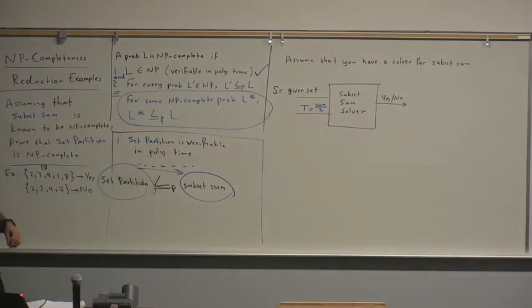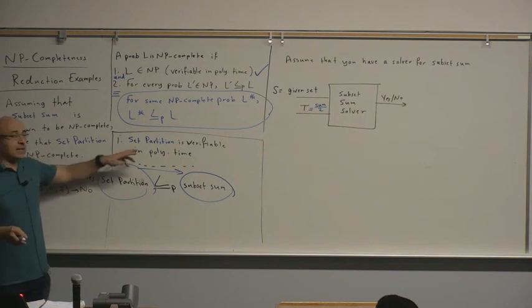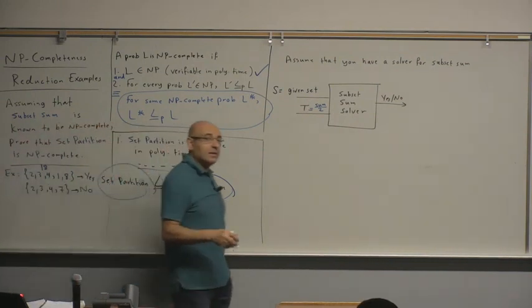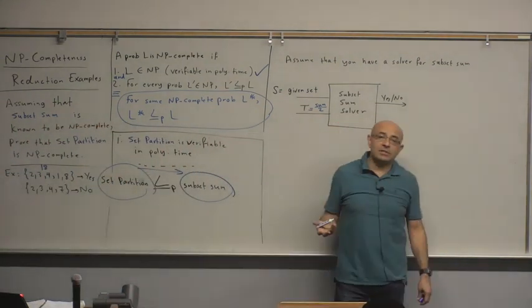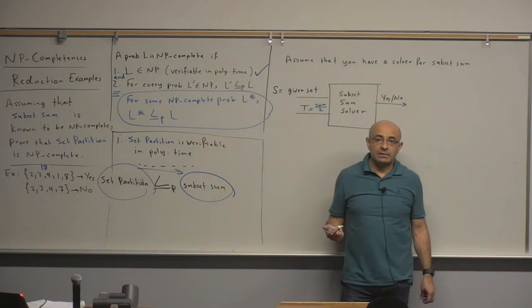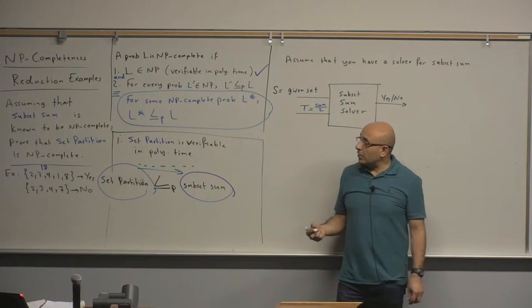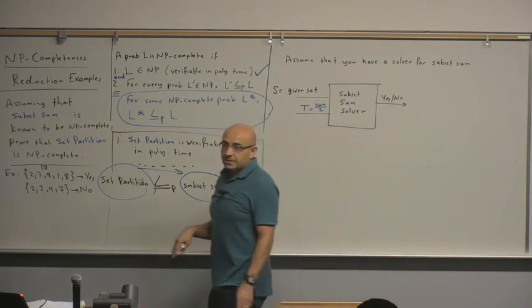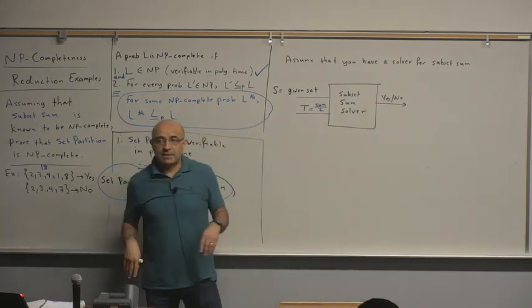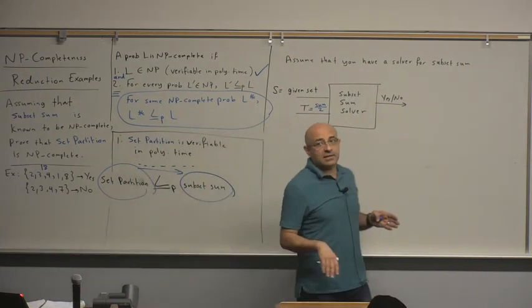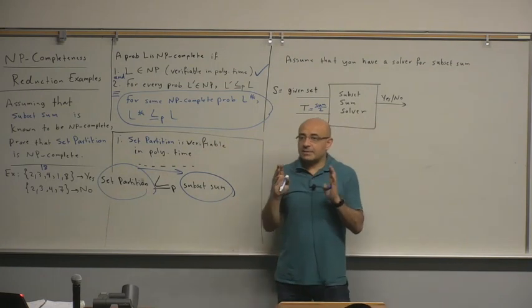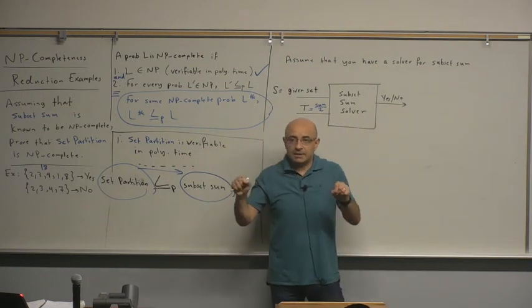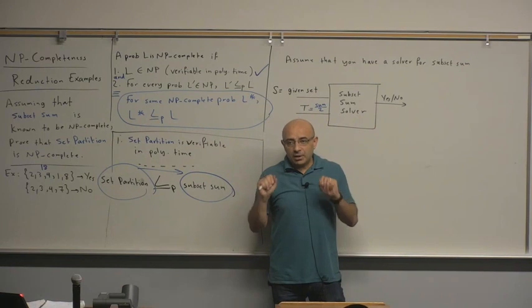So now who can describe how can we verify set partition? What does verifying set partition mean? Both the sum of the elements in both the subsets are same. Yeah, exactly. So a proposed solution to set partition is 2 subsets. Someone gives you 2 subsets. So you first check that the sum of elements in both subsets are equal, but you also have to check